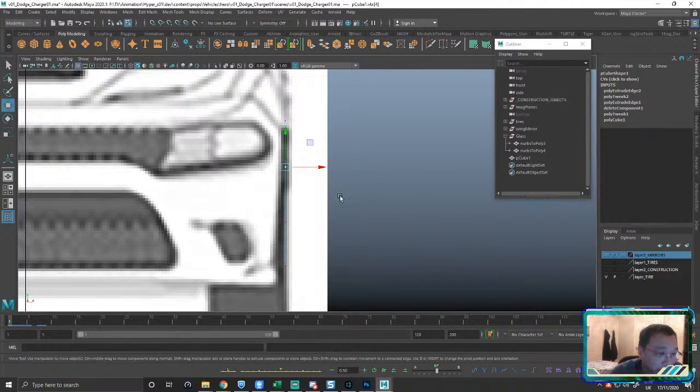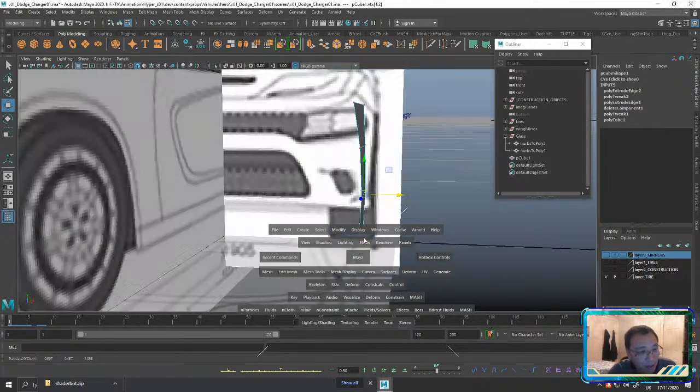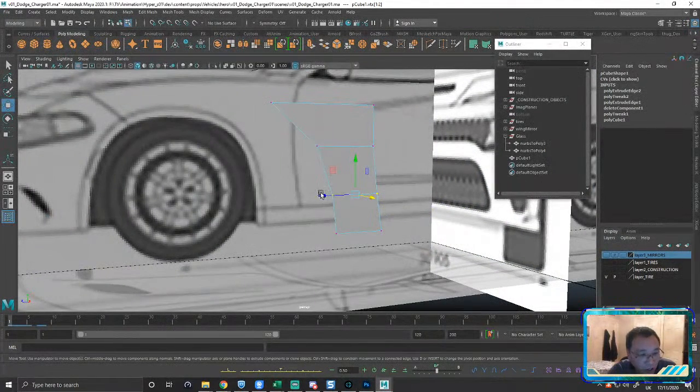Now here again, I'm going to have to guess. But did you notice I was very careful about how I pulled those points apart? I stayed on a single axis. This allows me to select these guys in this view and move them and know that I've got both vertices. I'll show you what I mean. We'll pop out here, right? It's gone straight through and grabbed the other verts on the other side, right? Because I made sure that these lines were perfectly straight when I was modeling them.